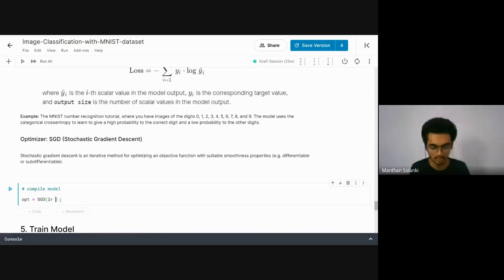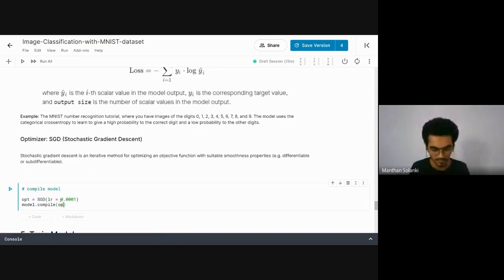Now here we need to define the learning rate. I am defining 0.0001. Okay, and then model dot optimizer, sorry, model dot compile.